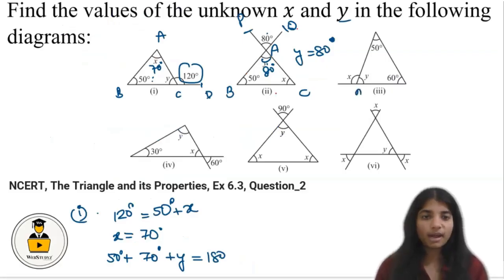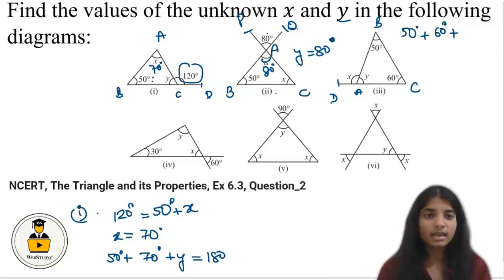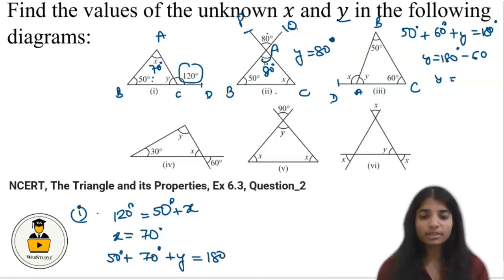Now considering part C, naming this, let's say A, B and C, let's say this is D. So here we know that the sum of all the interior angles of a triangle is equal to 180 degrees. So from here we can say that angle B, that is 50, plus angle C, that is 60, plus angle A, which is y, is equal to 180 degrees. So solving this, y becomes equal to 180 minus 60 minus 50, that is 180 minus 110, which is equal to 70 degrees. So we get the value of y, which is equal to